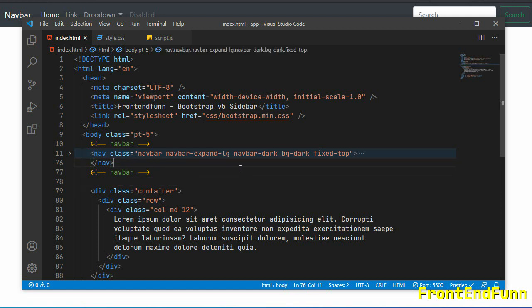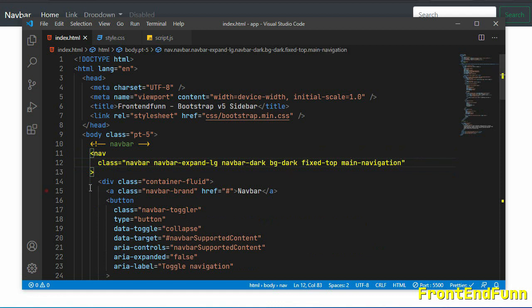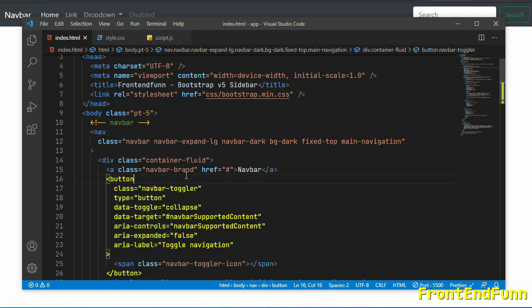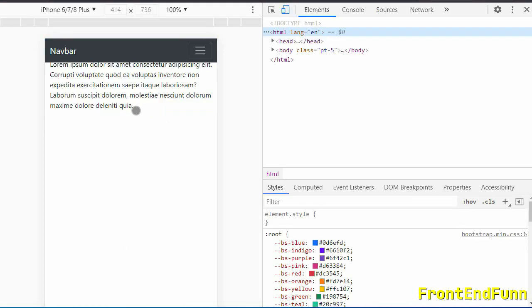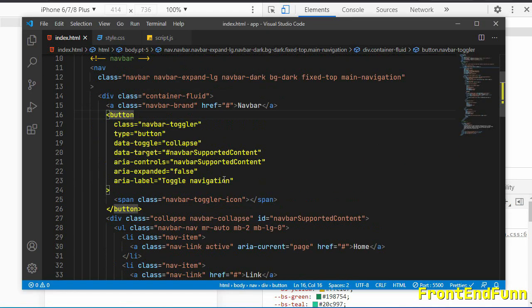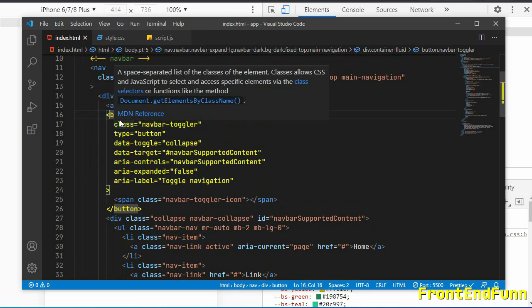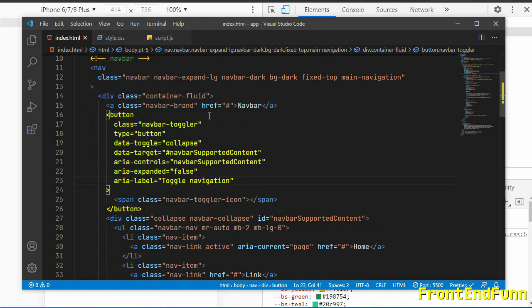Next, for the navbar I'll add a custom class here, that is main-navigation. Next, let's switch to the mobile view, and for the navbar-brand, that is the branding name, here we need to add the class order-2, which makes the branding appear on the right.